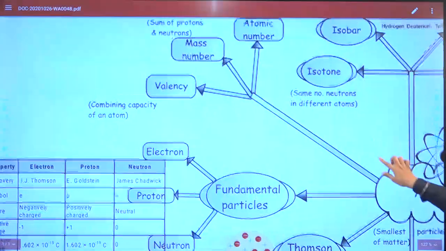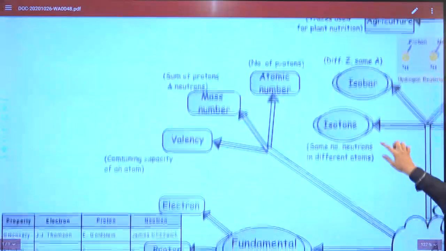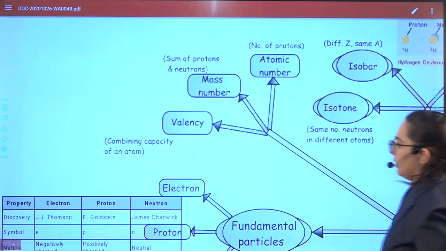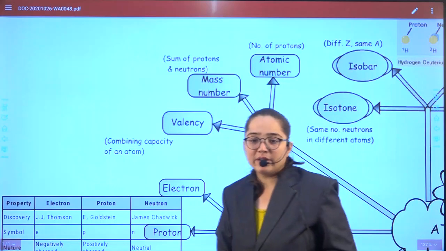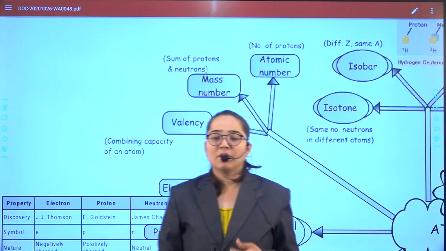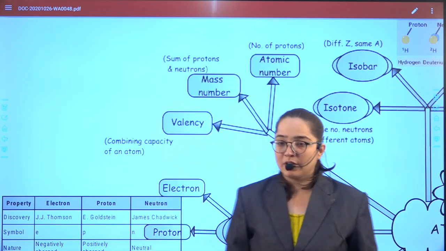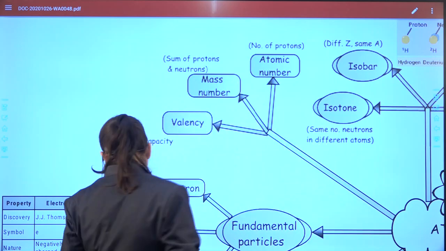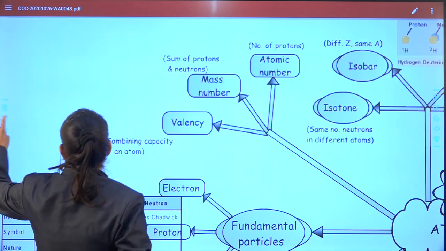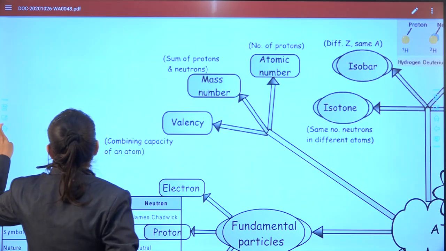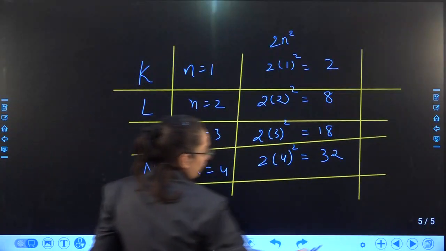On the next concept, that is the valency. What is valency? Valency is the number of electrons that are needed to become stable. Depending on the atomic number, you can decide how many maximum number of electrons are needed for it to become stable. Okay, if we talk about the basic things like